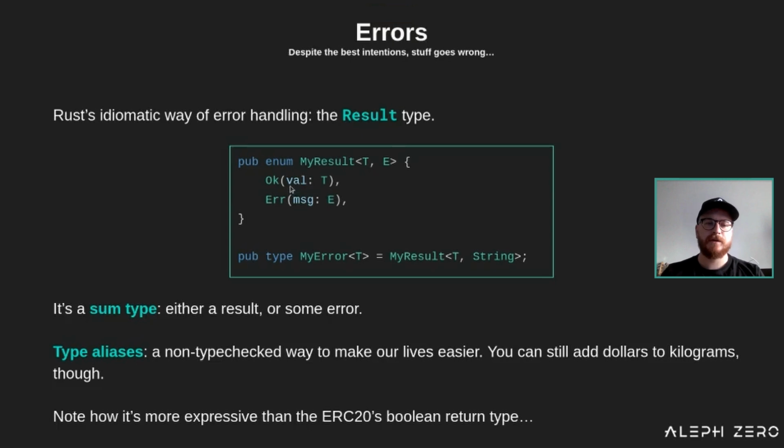We are going to return my result colon okay when everything was okay, and my result colon error if it was not okay. Actually, we're going to use it without the my. We're just going to use result, and